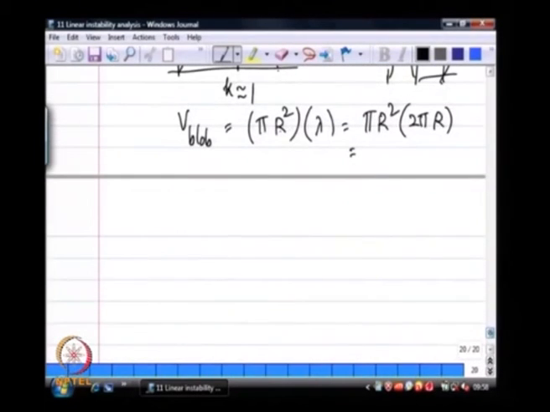Now, this gives me 2 pi squared r cubed. So, if I take an equivalent spherical drop radius, so if I take this column of liquid and allow it to coalesce into a spherical blob,